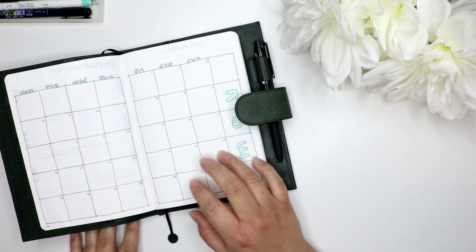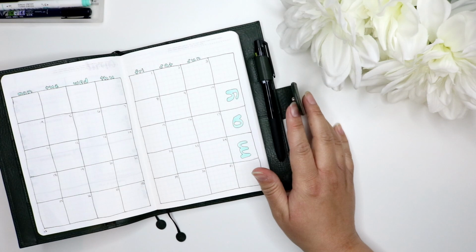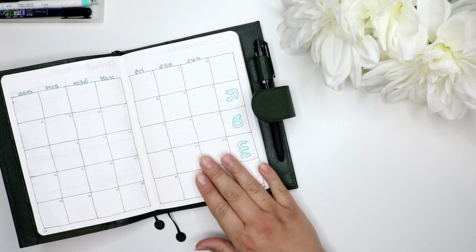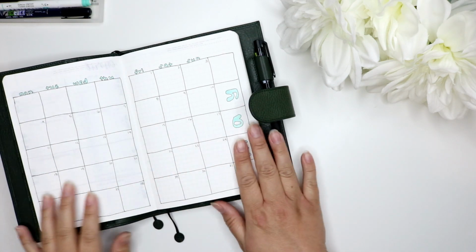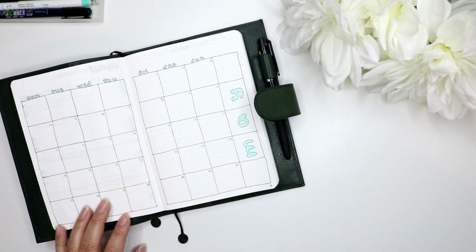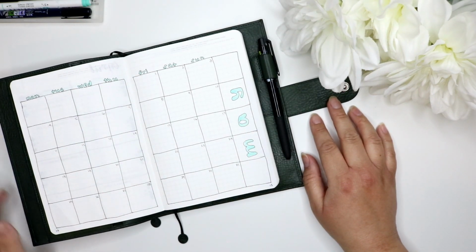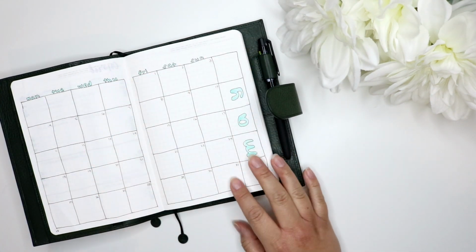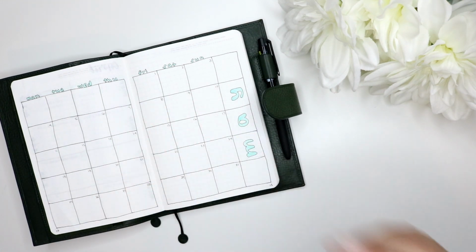And this is a specific planner. This is for some business stuff. So I'm having two planners, but my personal rings is still my main planner, and I probably won't be showing this a ton, especially after I get it all filled in with stuff. So I should probably take pictures of this now because this is not going to get shown once I fill this all in, or at least for the most part. Right now, in May, it'll probably be okay, but